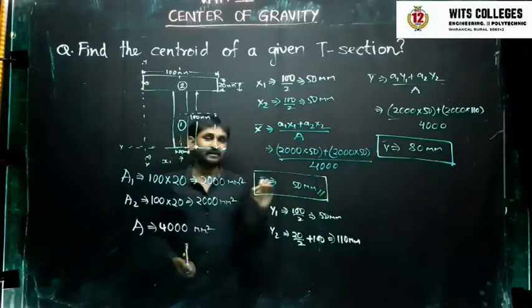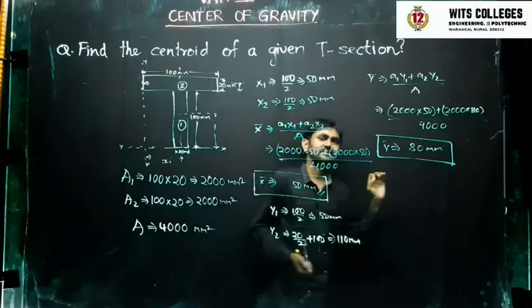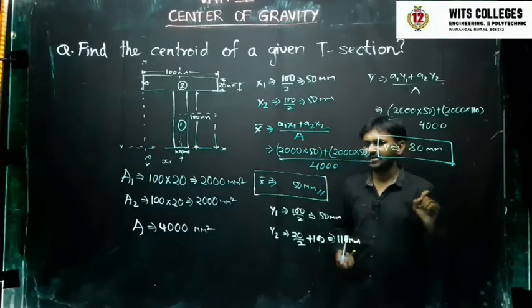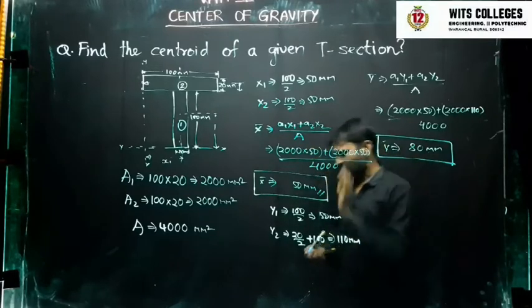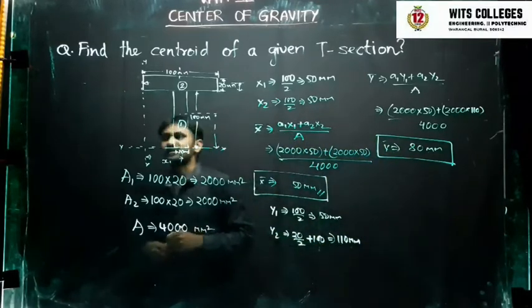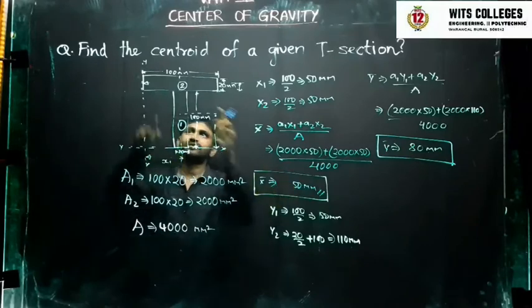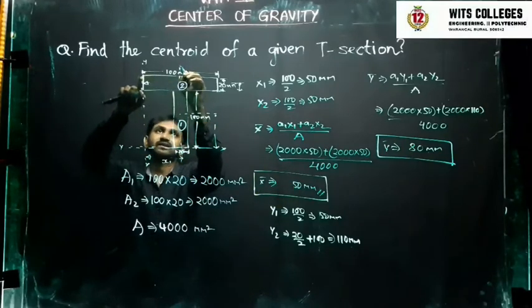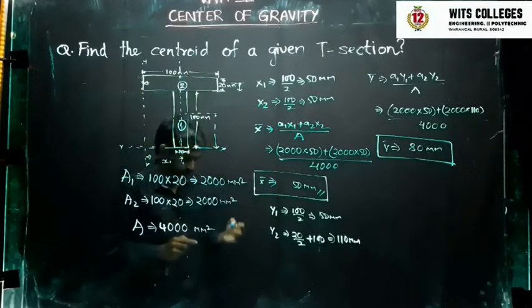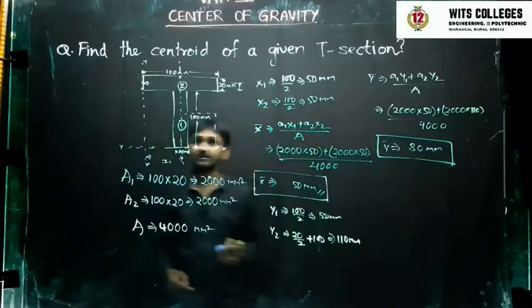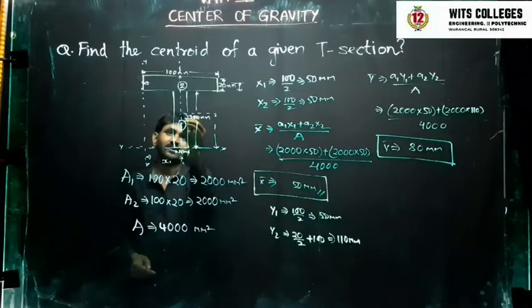So let me point out where the centroid is from these two equations. So this is 1 and this is 2. Let us think of these two equations and find out here. I am locating the centroid. So what is x bar here? 50. 50 in the sense exactly at the center. Exactly at this center it is going to be there, right? But at what distance we don't know. Let's go for y bar. Y bar is nothing but 80. It means from here it is 80.